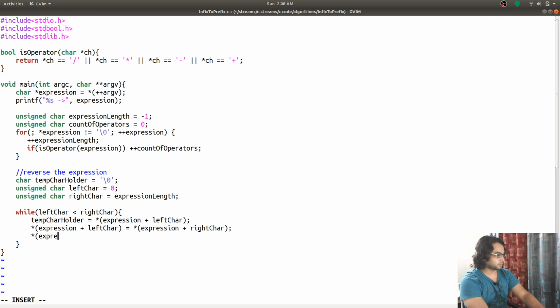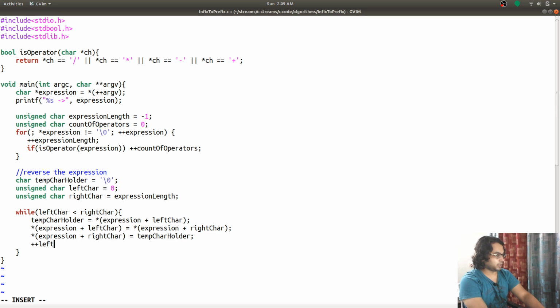So expression right is going to be temp. As temp is a normal char value, we do not need an asterisk to dereference the memory address. It is not a pointer, it is just a value.